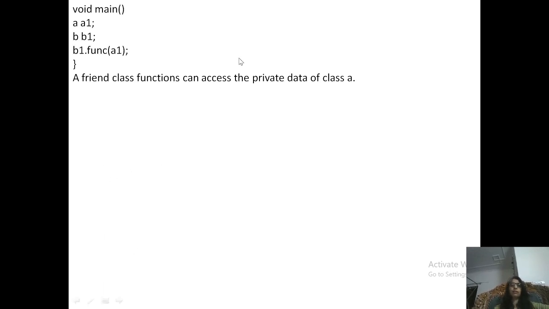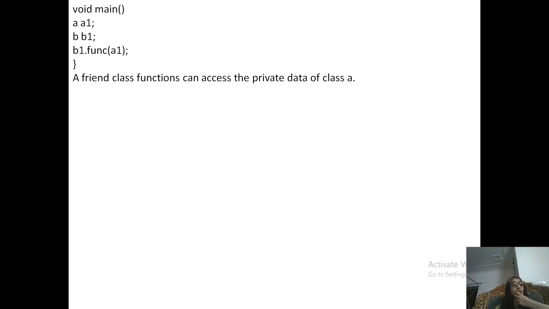Next we can see void main, A A1 and B B1. We are declaring A1 and B1, two objects of type class A and class B. Now B1, the object of class B, can access the object of class A and it can access the private data of A1.